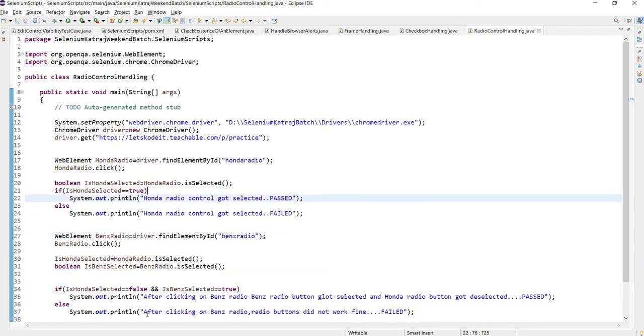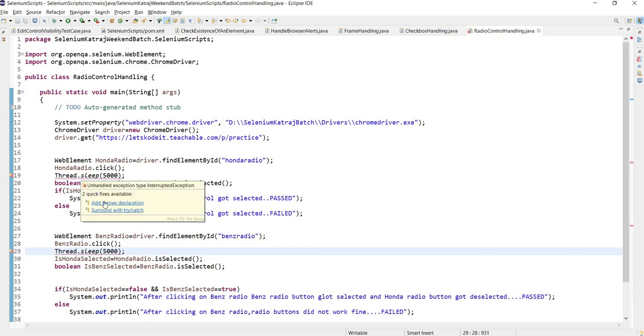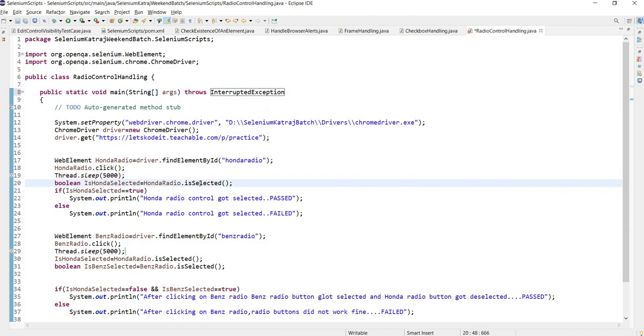And now I'll pause the test in between, Thread.sleep. When we run it, you guys will observe what is going on in the execution. So here also I will pause the test for 5 seconds. Now let's run it.